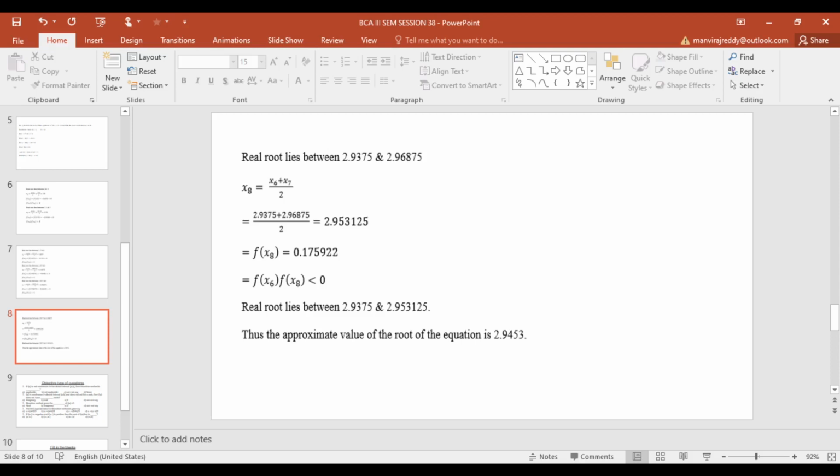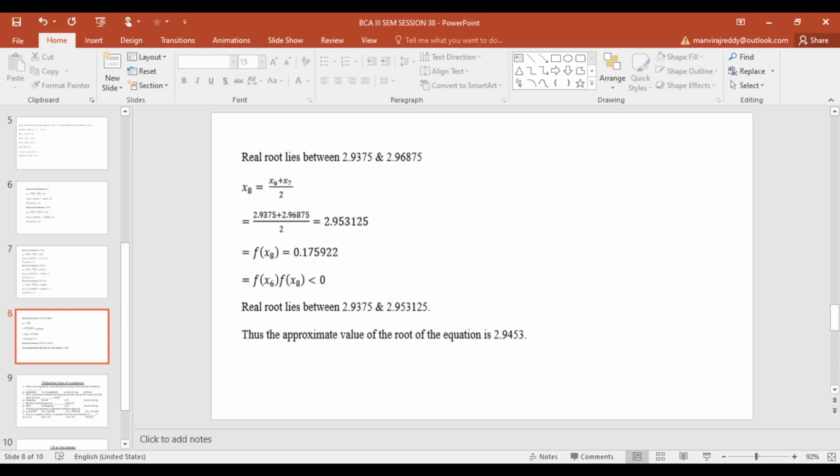So f of x6 and f of x8 is less than 0. Again we can say the root lies in between 2.9375 and 2.953125. So like that we can repeat the same process till the desired accuracy, means approximately